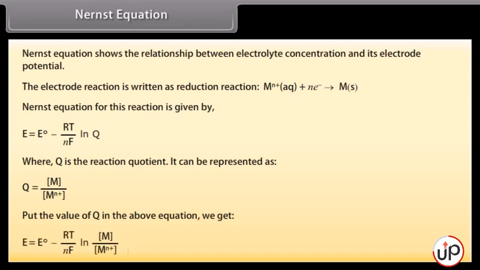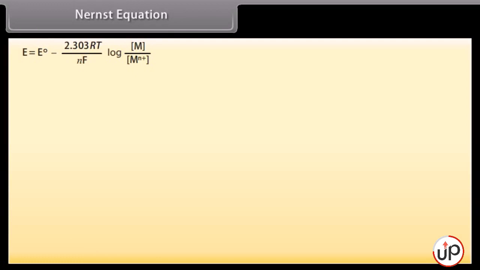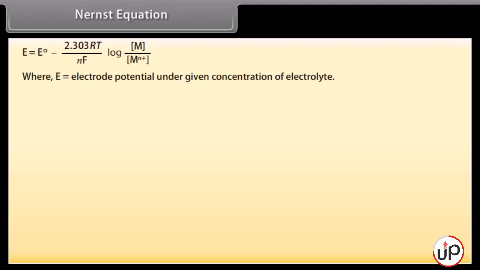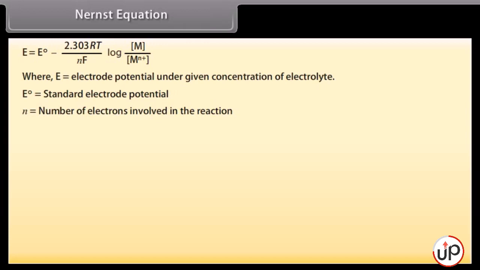We get E is equal to E naught minus 2.303 RT upon nF log M upon M ion, where E is equal to electrode potential under given concentration of electrolyte, E naught is equal to standard electrode potential, and n is equal to number of electrons involved in the reaction, T is equal to temperature on Kelvin scale, F is equal to 1 Faraday,